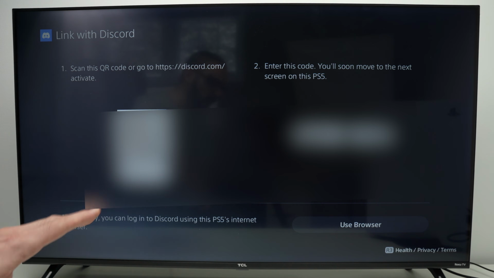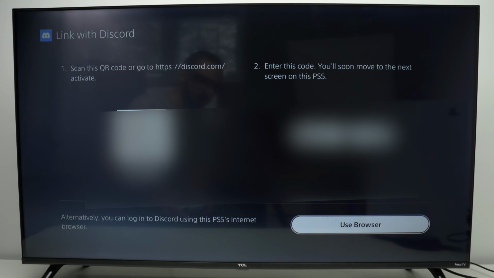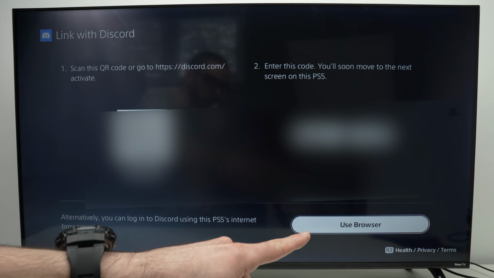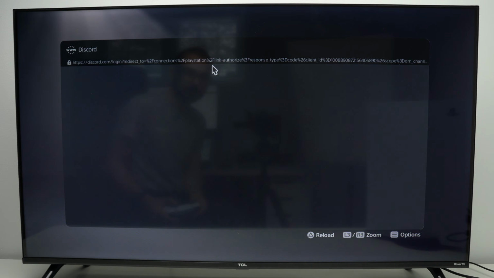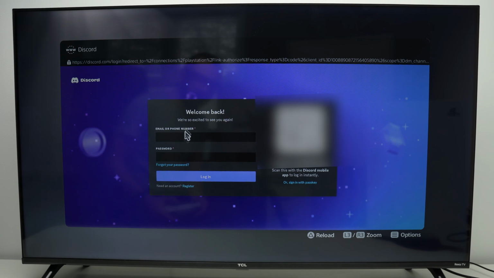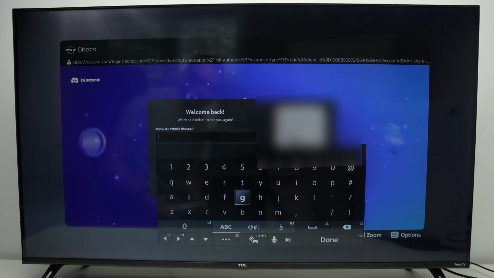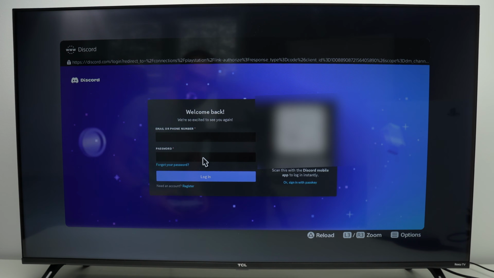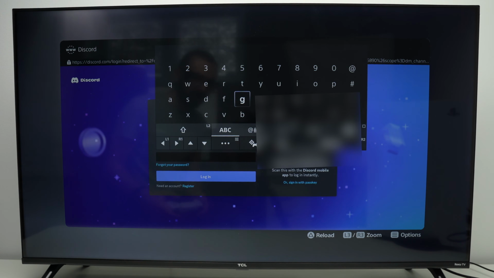If you don't want to use your phone, or maybe you don't even have a phone, select use browser instead. Okay, click here, wait. And on your PS5, you're gonna have this screen where you can type your email here or phone number associated with your Discord account, type the password